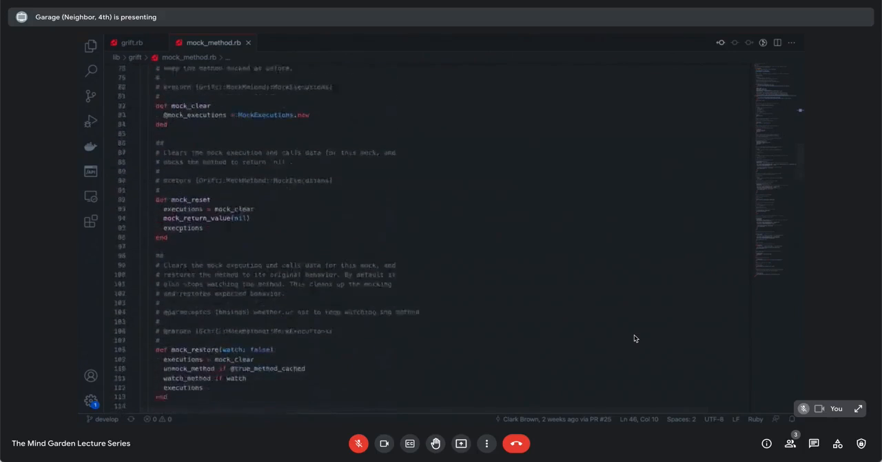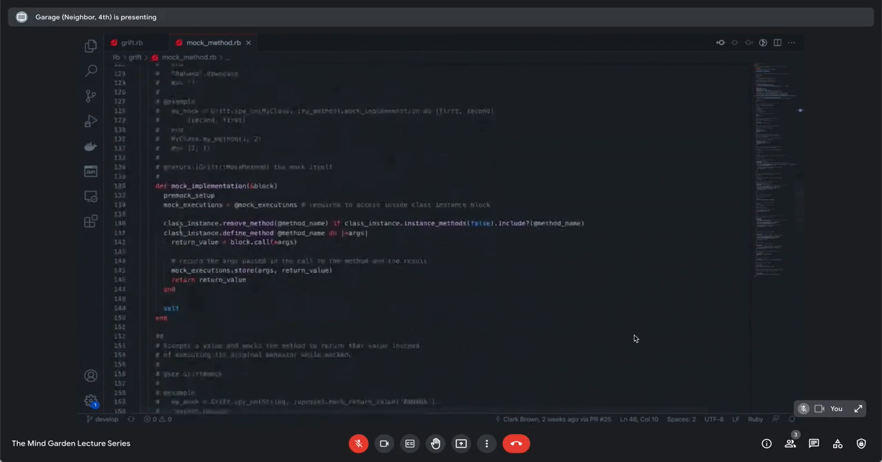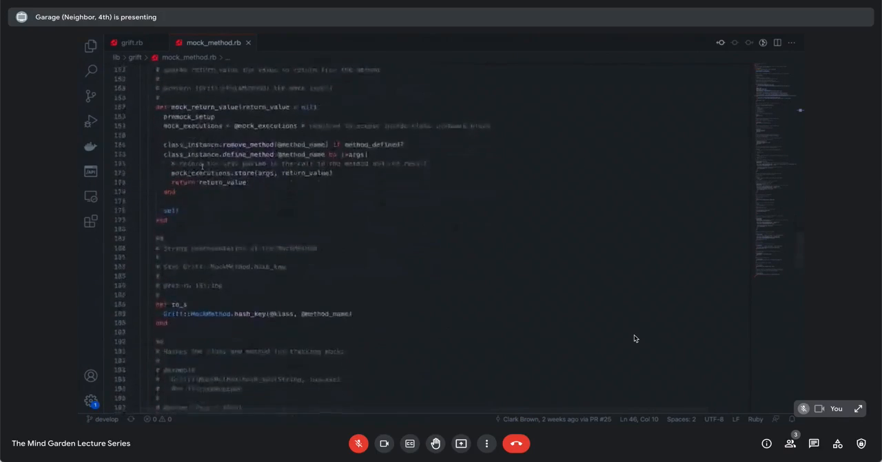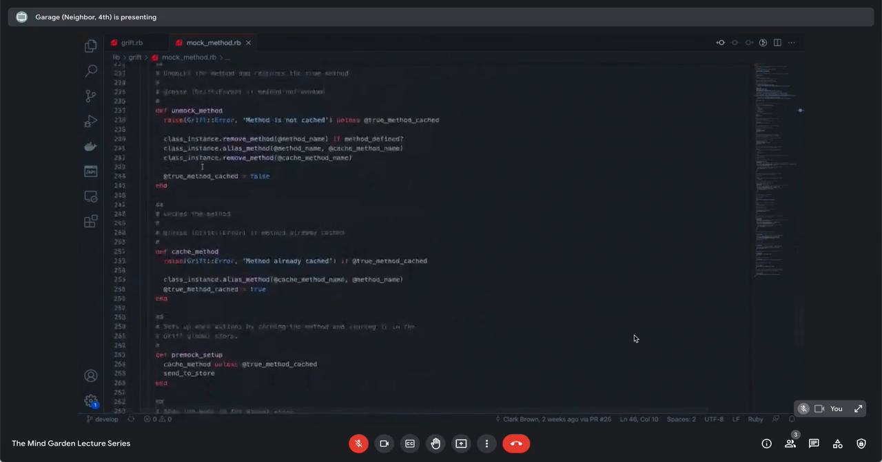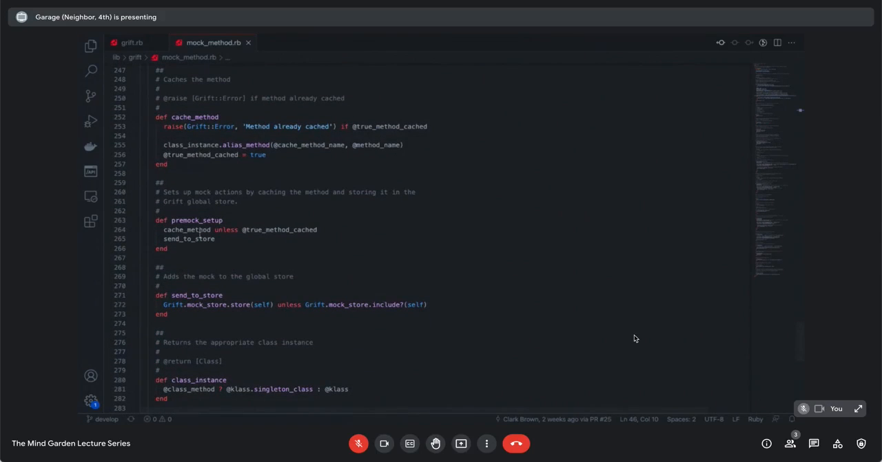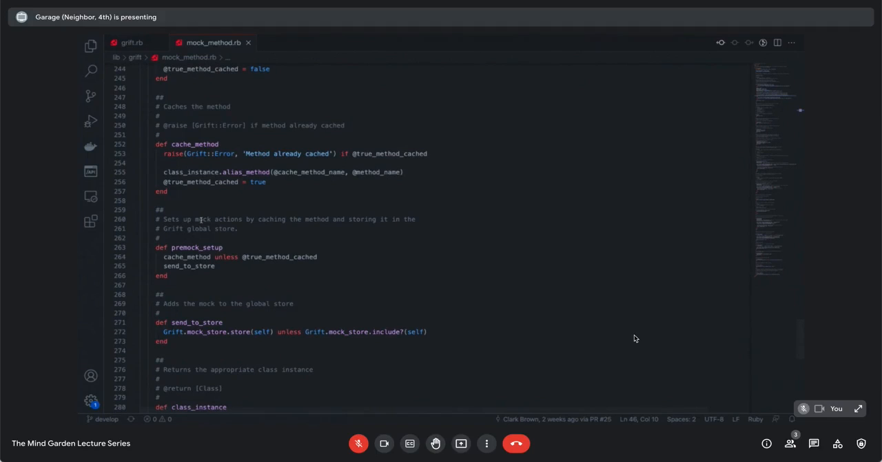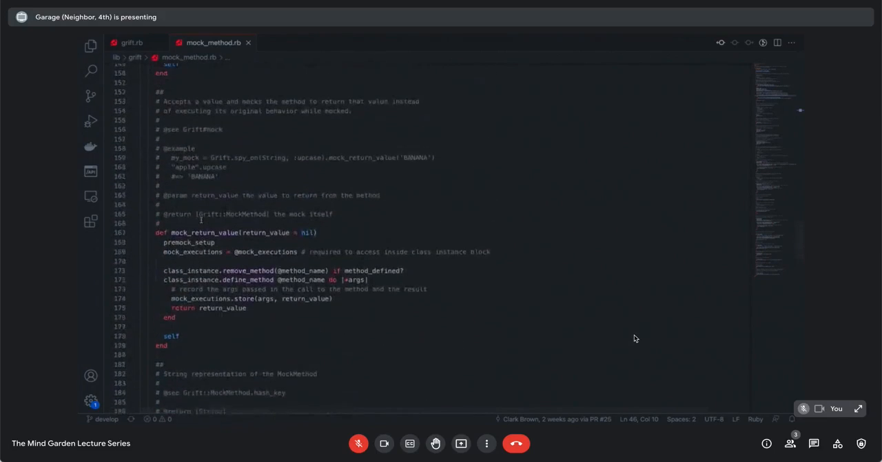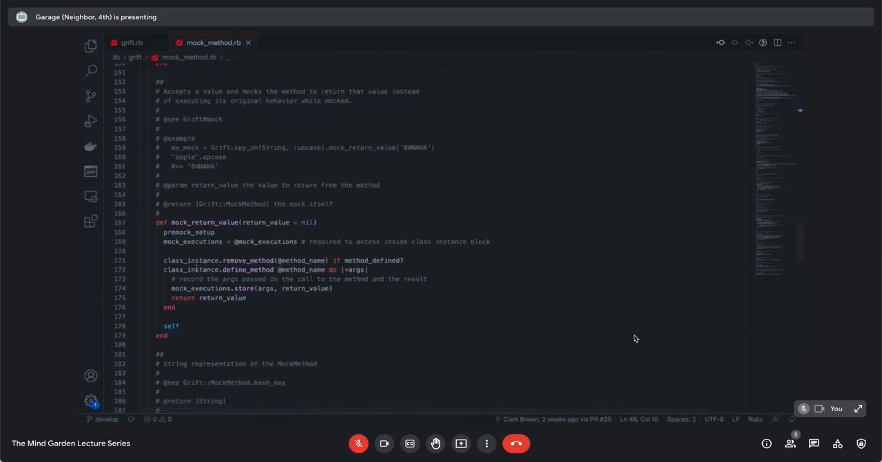So if we actually go look at somewhere where it's mocking it. It does this pre-mock setup, which is caching the method if it hasn't been cached yet, and sending it to the mock store. So we're tracking globally that this is now a mocked method. So let me go back up. It does a pre-mock setup, and then